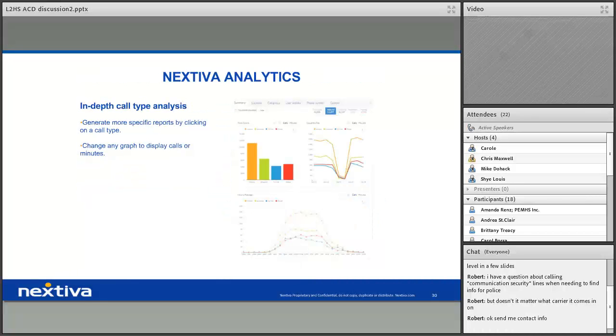All right, and moving into analytics and, of course, reporting. The analytics tool is quite amazing. You can generate specific reports just by clicking on anything from your location to phone number to user. It can be broken down by area code if you need, okay? This is a great tool, especially for staffing purposes, if you need to know exactly when your high times are, which I heard Mike mention a little bit earlier. That's a great tool for that.